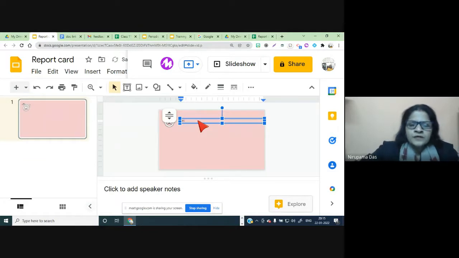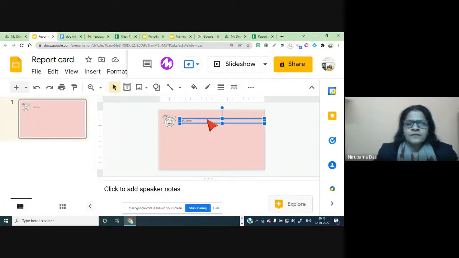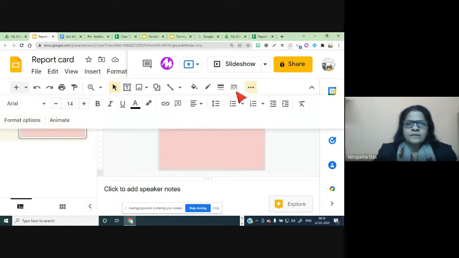You can write the name of your school. Font size you can change.